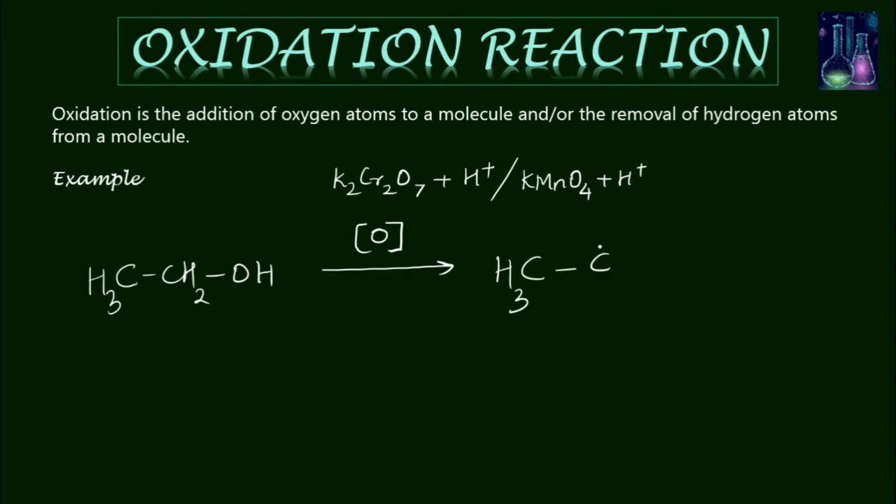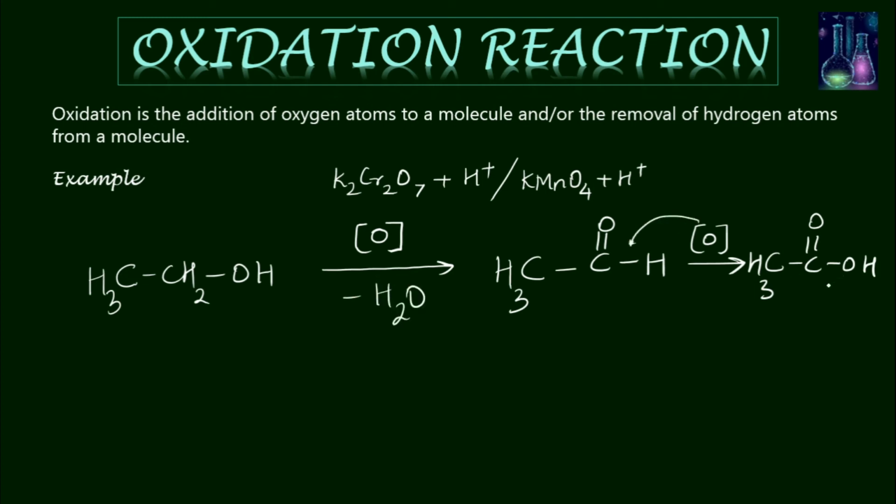first an ethanal. Now this is called partial oxidation. This can further undergo oxidation and you will get ethanoic acid. So here addition of oxygen has taken place, or you can say removal of hydrogen. So here the oxygen is added and here there is loss of water. Here the oxygen is added and here you get ethanoic acid. So an ethanol is converted to ethanal and then that is converted into an ethanoic acid. So here addition of oxygen has taken place. So this is a standard example of oxidation reaction.